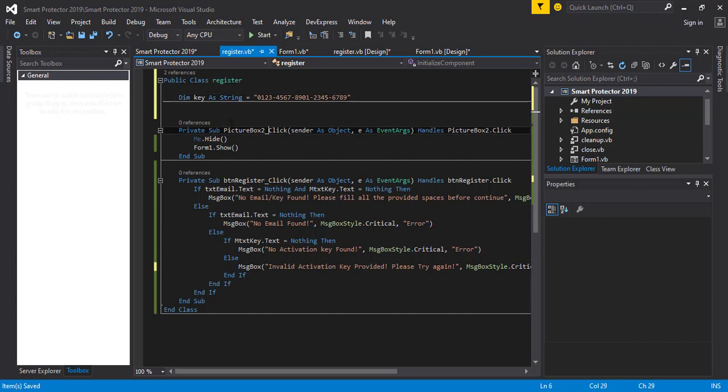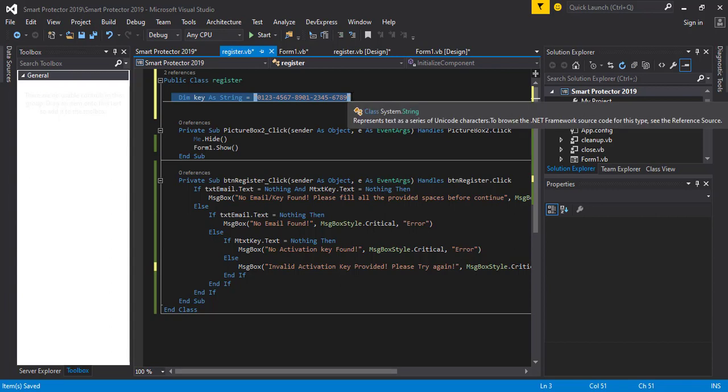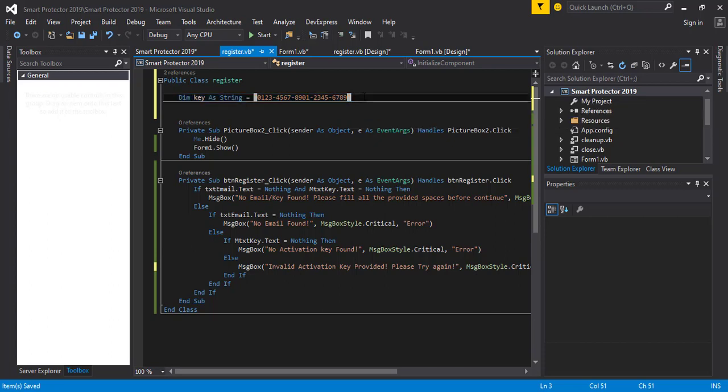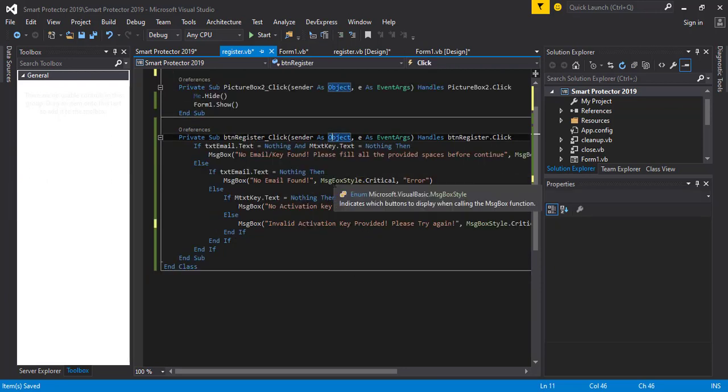So this is my activation key which I have declared here. Good. You can, in fact, duplicate this a couple of times to get it working. So we come here and we will say that